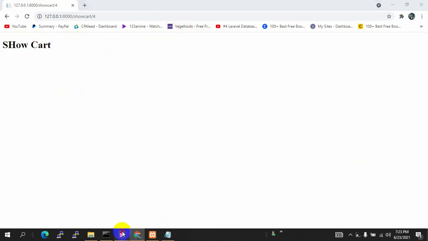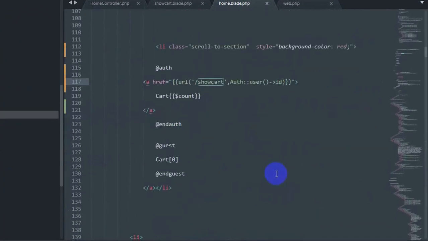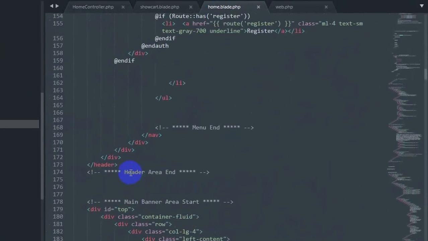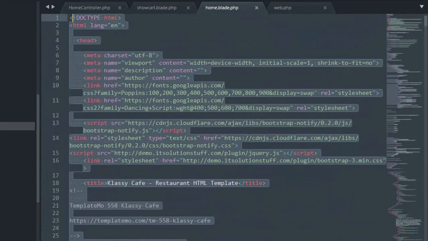Okay, so we are going to change this view. So we will just go to our home.blade.php and copy all the menu options. So the menu options are just over here actually. So let's just copy from here to here.